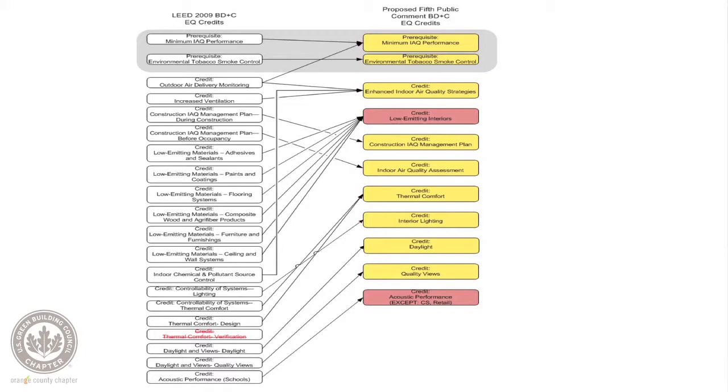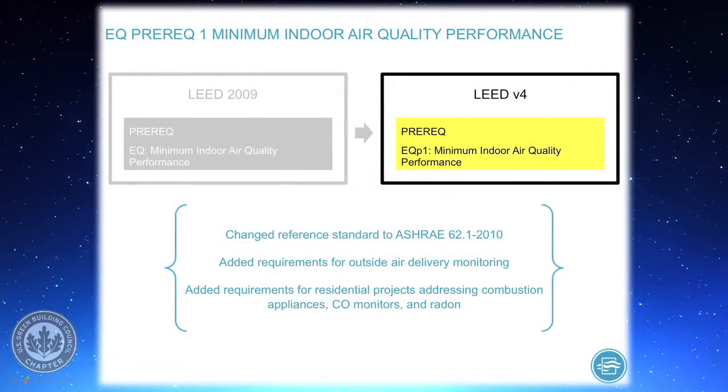So starting with EQ Prerequisite 1, Minimum Indoor Air Quality Performance. Here we've shifted the reference standard from ASHRAE 62.1 2007 to 2010. We've also added some requirements at the prerequisite level for outdoor air delivery monitoring. And then on the existing building side, we are testing a pilot prerequisite that is a performance-based approach to this